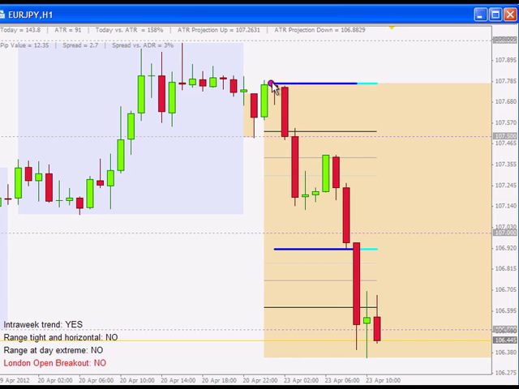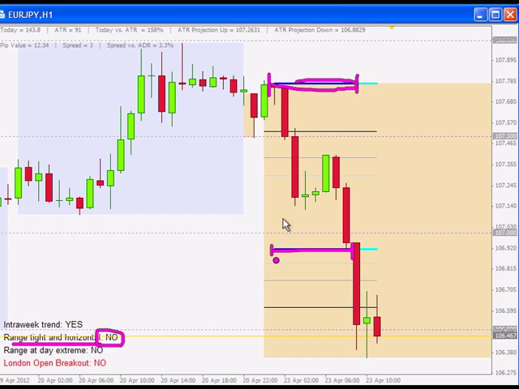So, this is the beginning of the Tokyo range, this is the end of the Tokyo range, and that's obviously the upper boundary, and this is indeed the lower boundary. Okay, so is that tight and horizontal? Well, certainly it is not, and no wonder the indicator is printing a no there, right? The Tokyo range is certainly not tight,